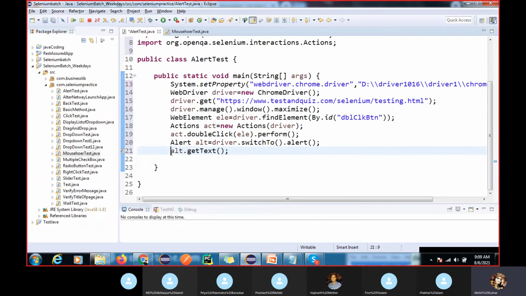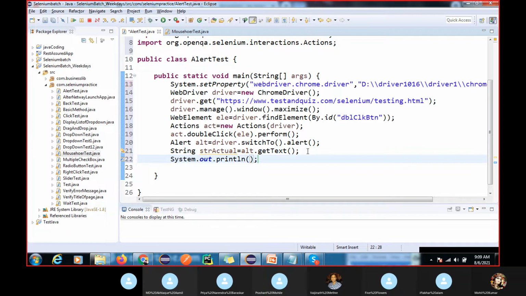You can verify this also. A String actual, okay, so here we are verifying also.